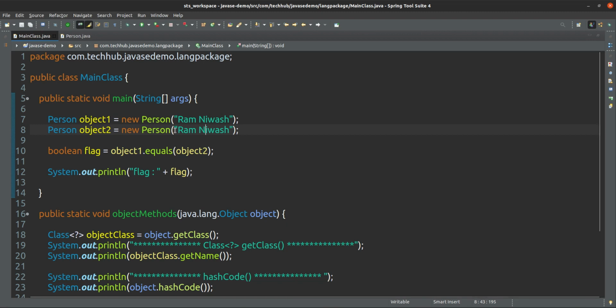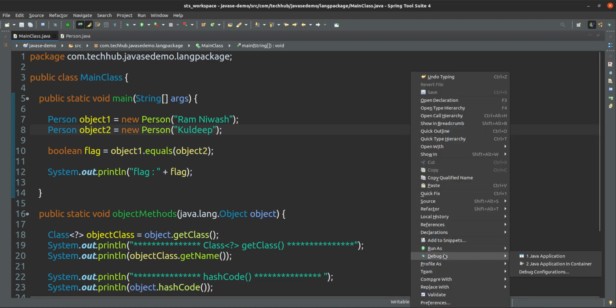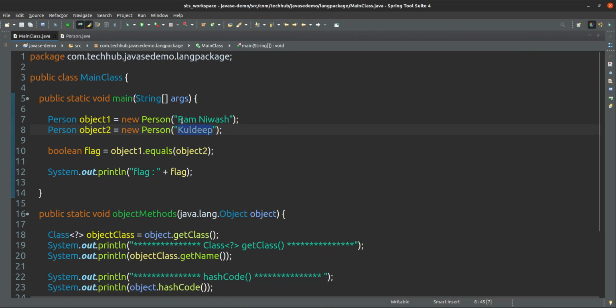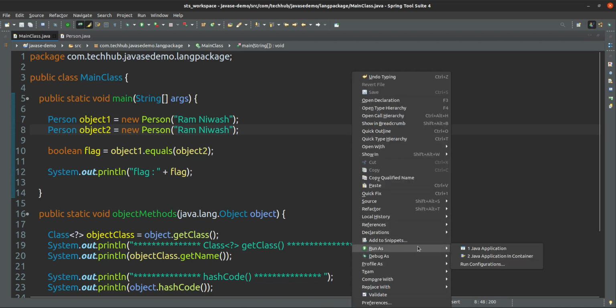But when I change this value to something different, like Kuldeep, in that case it will give false. Yes, definitely this is false. But when I give the same name, it will give true, because the object value is the same.